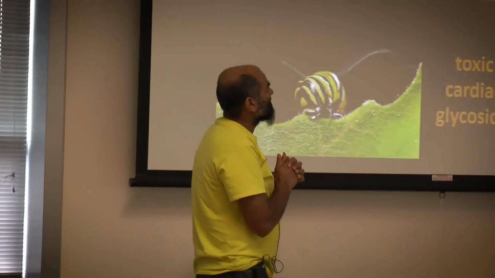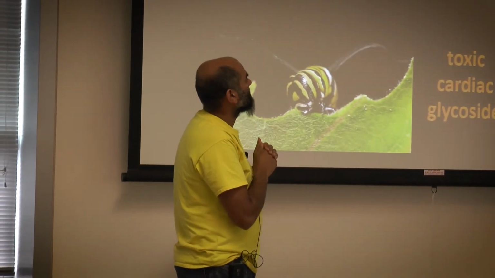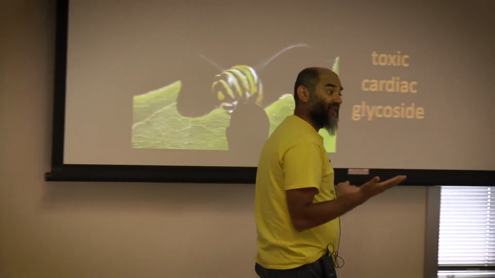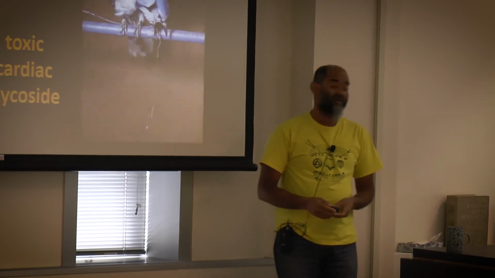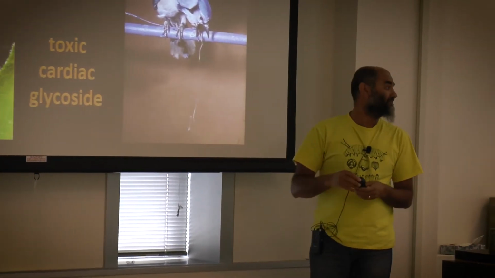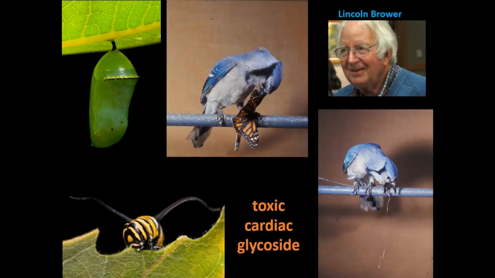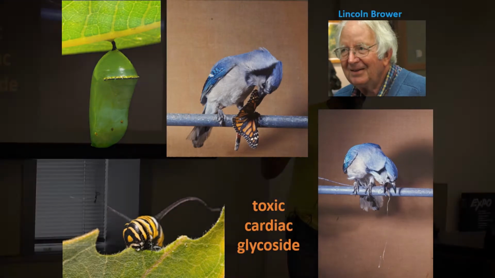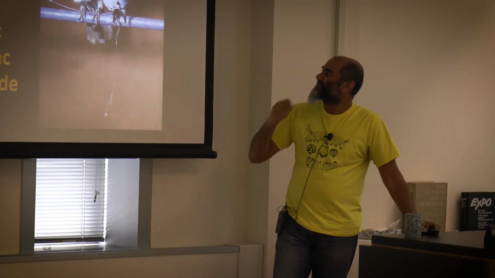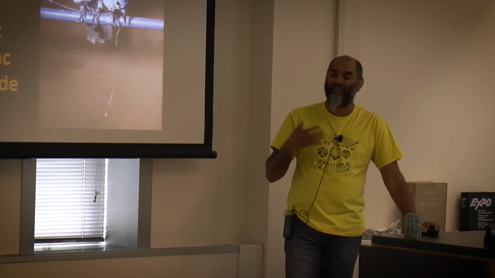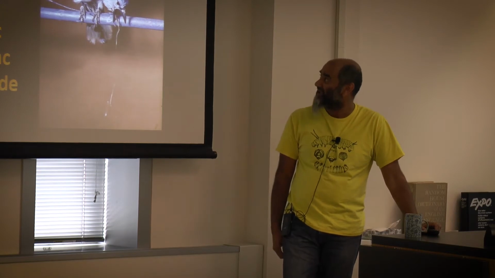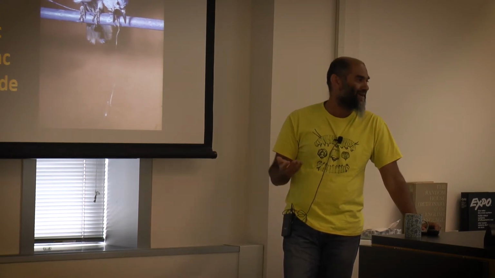So what Brower showed in the late 1950s was that a blue jay, if it eats a monarch butterfly that has been feeding on a plant with these cardiac glycosides, in about 12 minutes will vomit. And this is before my time, but there's all kinds of popular articles about Brower's barfing blue jays. It turned out to be a very reliable assay. I don't think you could get away with this so easily today, but a very reliable assay of the toxicity